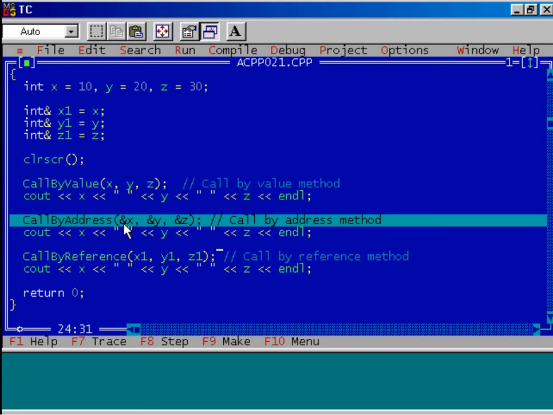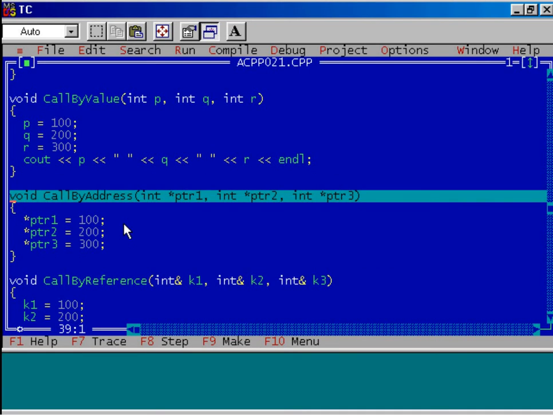Let us press the F7 key. Control will jump to that function. Here as parameters we have to declare 3 pointers. All the 3 pointers are integer type. So we have used int star ptr1 to declare the ptr1 pointer.